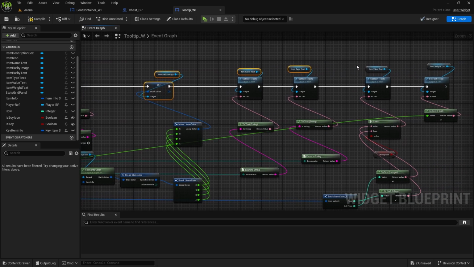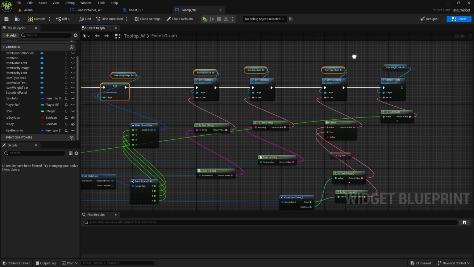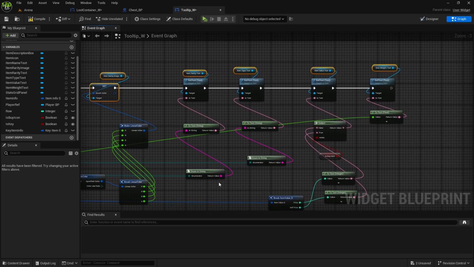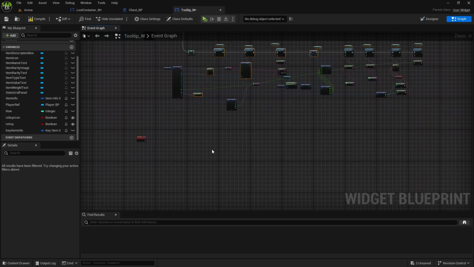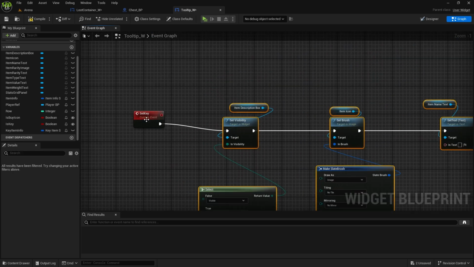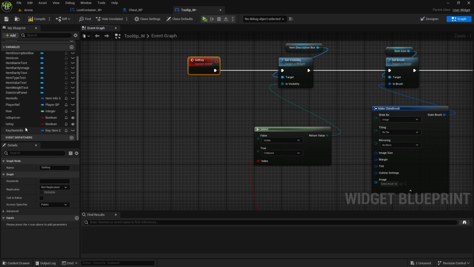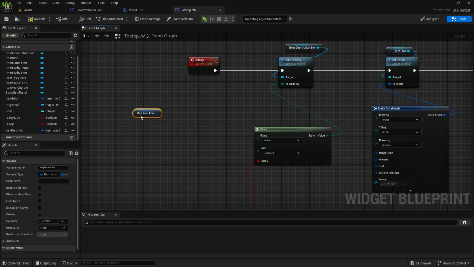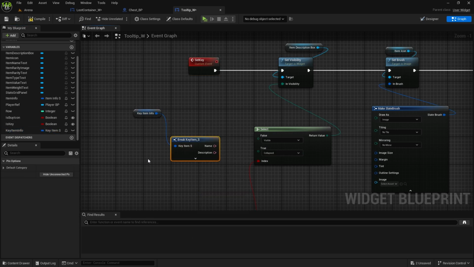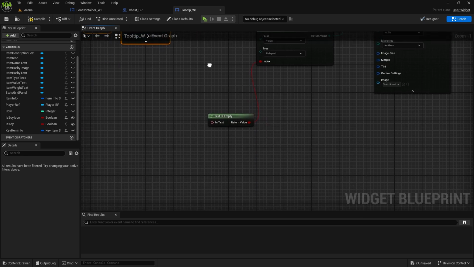Item type, item value we can set to 0, and item weight we can set to 0. So copy this, paste it, and then on set key we need to get key item info, break it open, and now